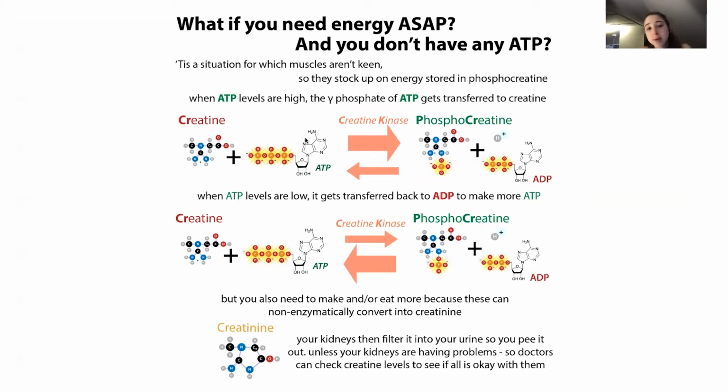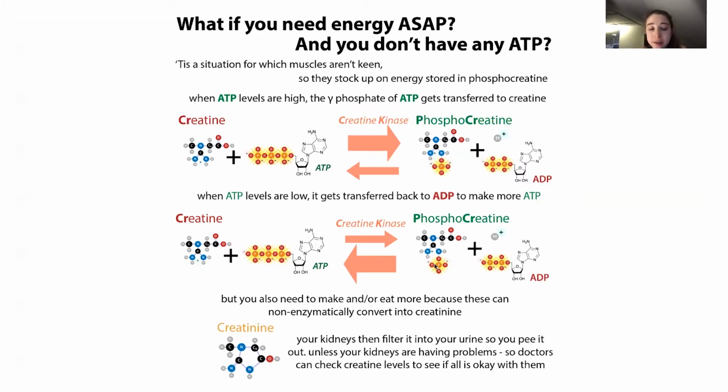Basically you can think about it this way: if you have a lot of ATP, then you're going to be driven in this direction to making phosphocreatine, because you're going to have a lot more of these molecules and a lot less of these molecules, so it's less likely that these are going to react, and more likely that you're going to have these two go this way. When you have a bunch of ADP, however, now your reaction is going to go this way. So you're going to be making more of the normal creatine and ATP.